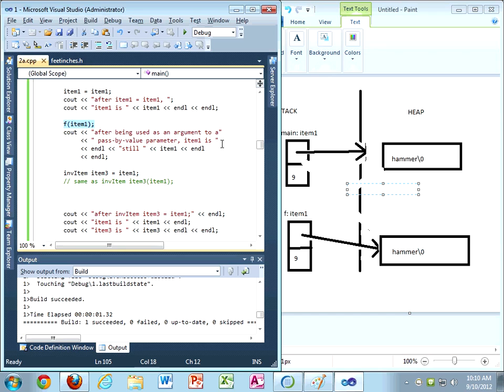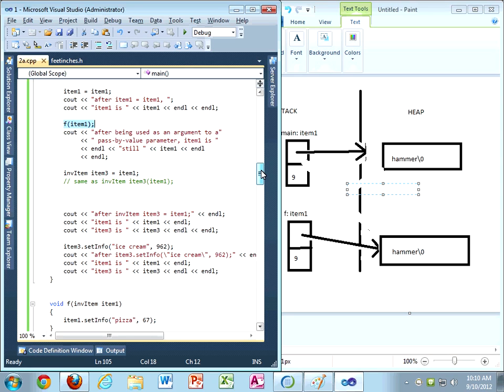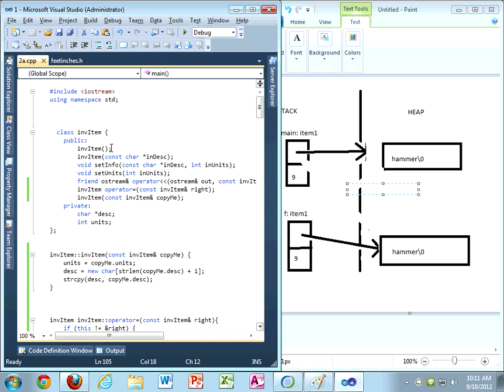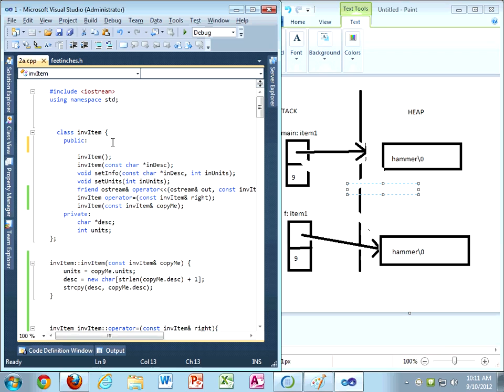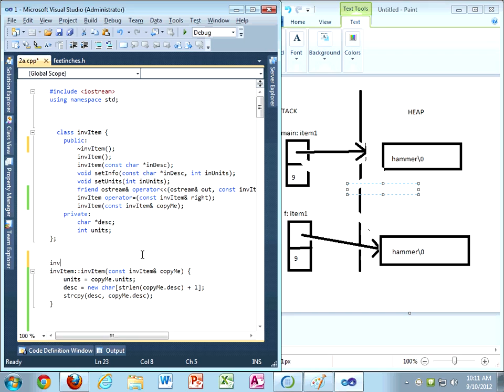And the way a destructor works, it's actually pretty simple in C++. Destructor is not going to be a big deal. You just have to remember to do it. So it's the same as a constructor. So no return type, same name as the class, except I just precede it with this little tilde. So tilde inventory item, no parameters, never going to be a parameter in a destructor. Okay. So when I implement the destructor,